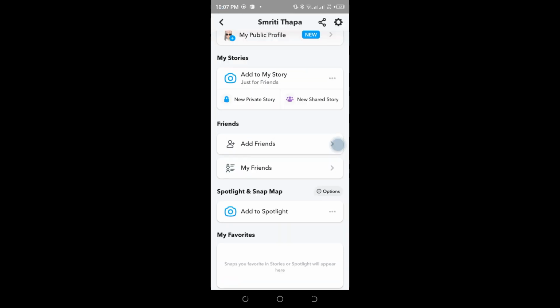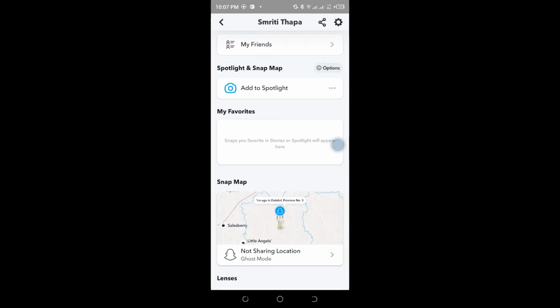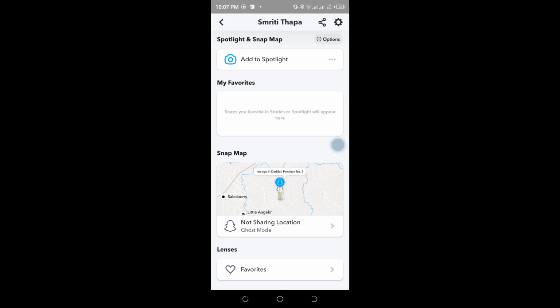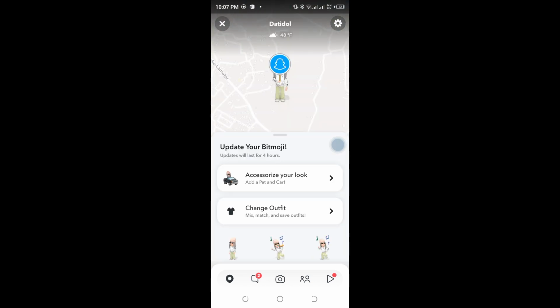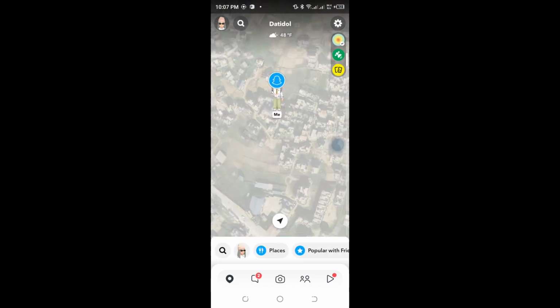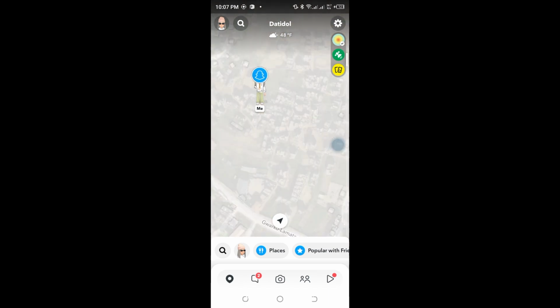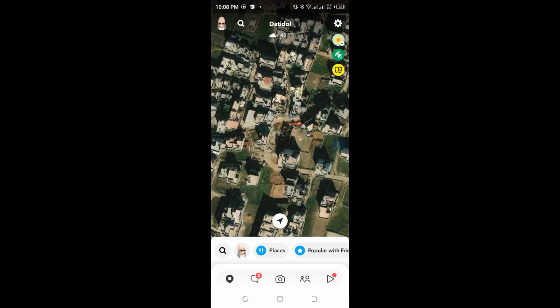And we have to scroll a bit and make sure that you're not in ghost mode. You have enabled your location. So you have to tap on Snap Map to open the map of Snapchat. And you have to zoom the map like this, and you can simply double tap on the screen like this,